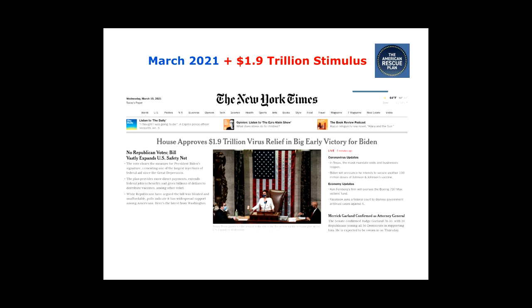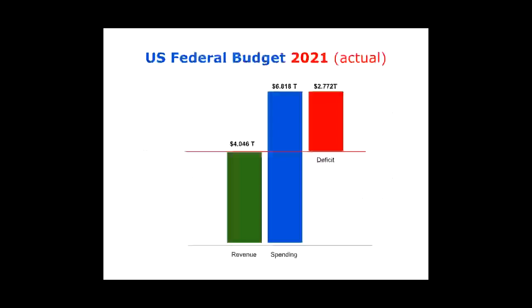The economy was not open for most of the year, and then opened, and so the House approved another coronavirus relief package. This time it was almost $2 trillion, and so you can see again what happens here. We spent a lot more than we had in previous years. Now we're spending $6.8 trillion and running a deficit of $2.77 trillion. So we went from a situation where we had $1 trillion deficits each year to now close to $3 trillion deficits each year.